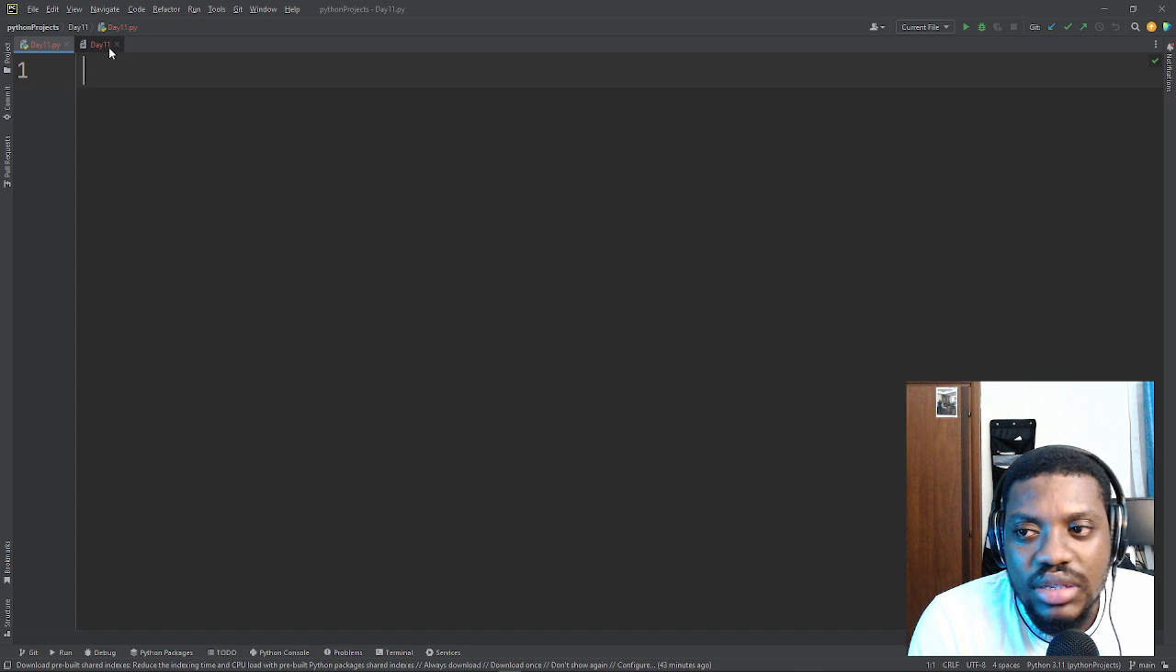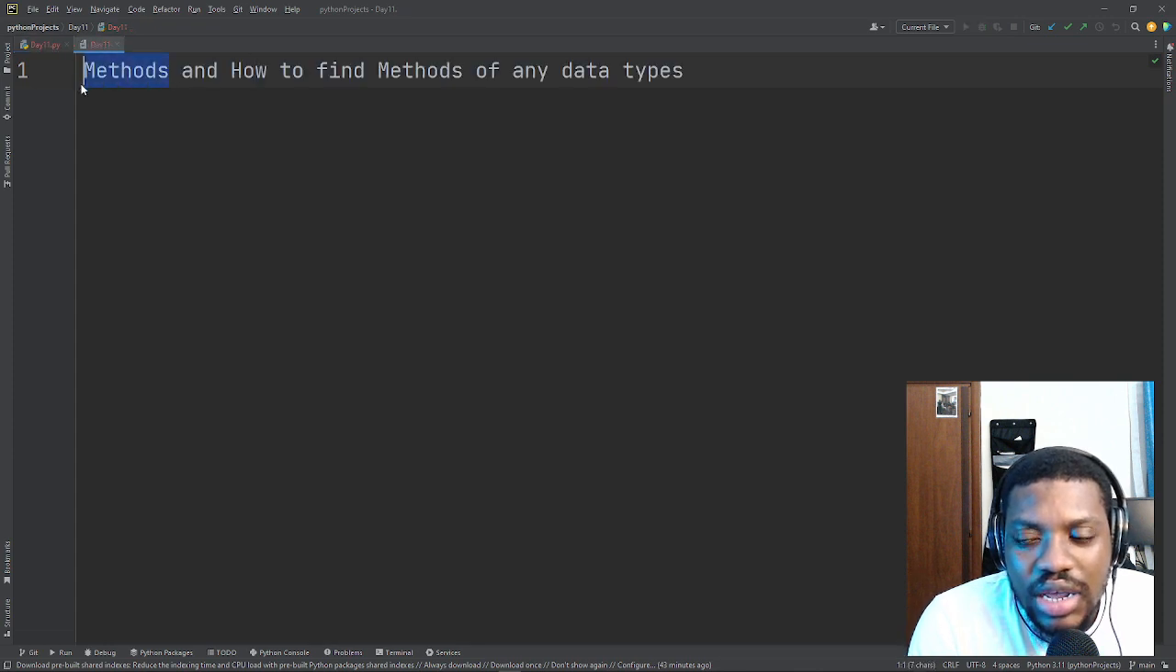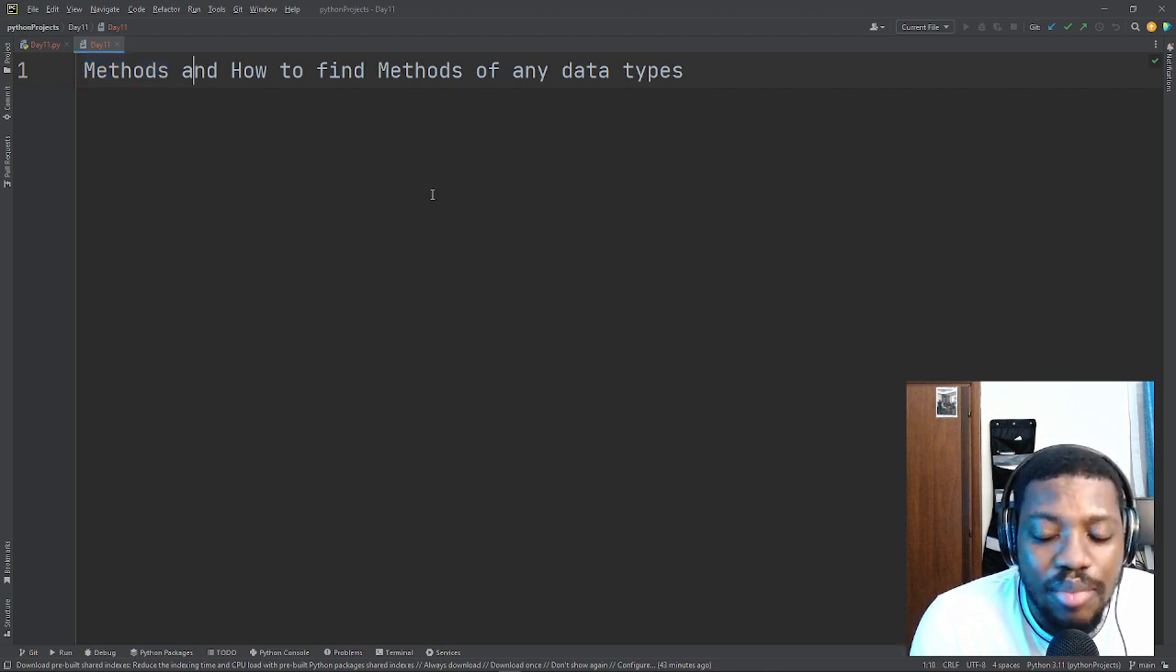In this case, methods are like functions. They are also functions, but they are not functions that we create ourselves. They are functions that Python created for us to use, and they only work on instances of a particular data type. So let's say, for instance,